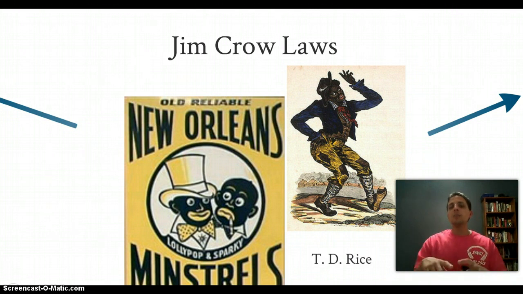And collectively, what these new segregation laws, these new separation of the races laws, happen state by state, but collectively they're going to become known as the Jim Crow laws. And so this is going to be the name that it gets in the South. Now, where the name comes from, Jim Crow was a stage character made up by this guy named T.D. Rice. And you're looking at the character right here.